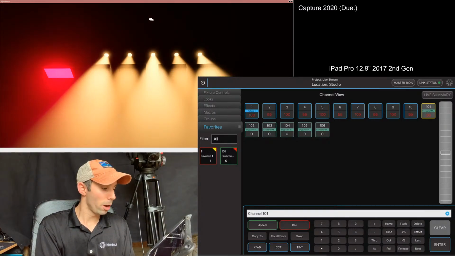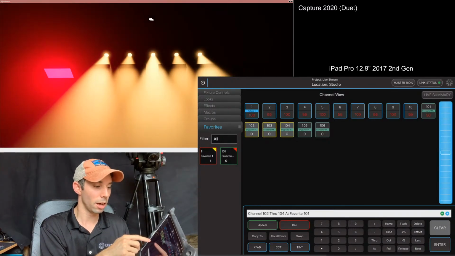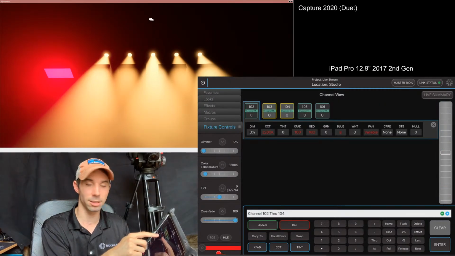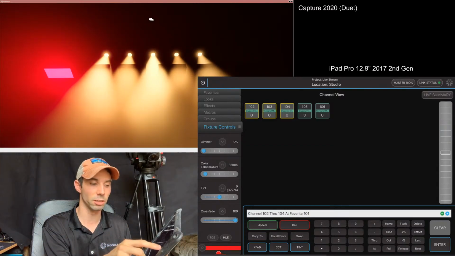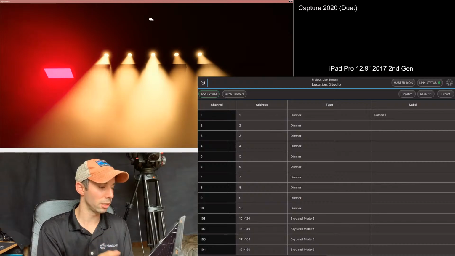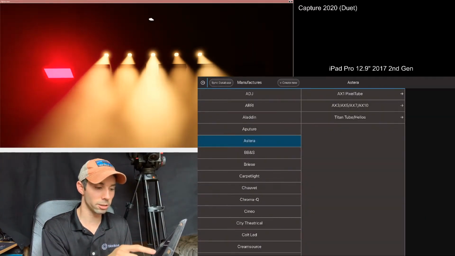And now, if I select any of these sky panels and I press this, those will go. Now, because I just selected the color, you'll see that the dim didn't go, but all of these red values have actually changed. And if I were to patch in another fixture, so let's say patch in Astera Titan tube,